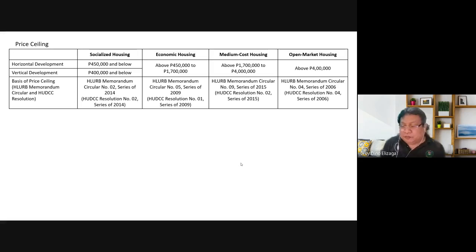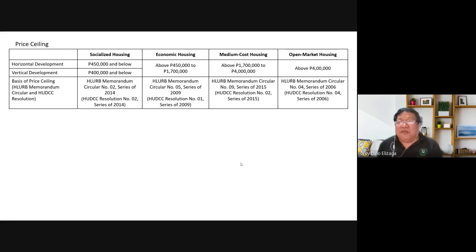Now, I think if you notice, there's a term medium cost housing, and then in the guidelines, in the architectural brief that I just presented in the plenary, I mentioned it's an open market. But then what happened was that at the last minute, Architect Presas gave the title of the plate as medium end subdivision. So I wasn't able to change that anymore. So I think right now they are arguing in the other class.